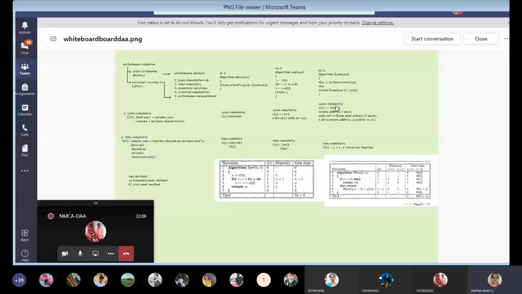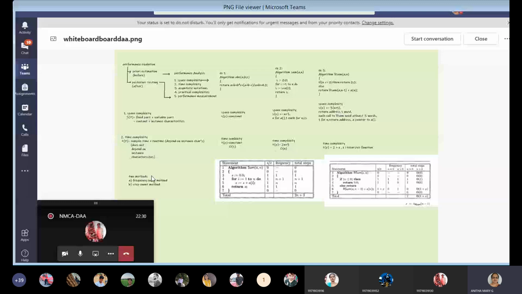How many times it goes on till the base condition, we don't know, but every recursive call has 3 words of space. That's why we write greater than or equal to 3 into n plus 1. So these are the space complexities we have studied.